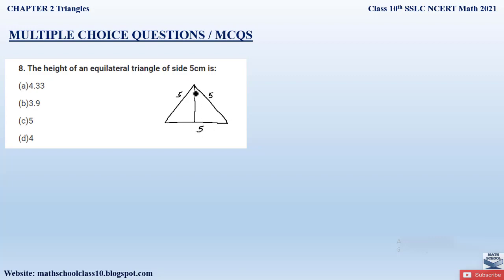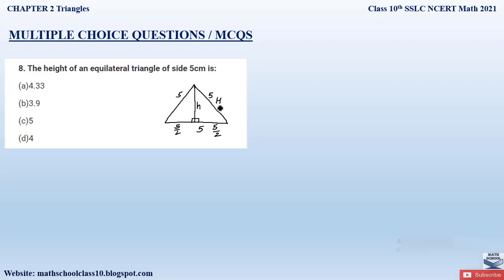So here you can observe that this perpendicular forms a right angle on both the sides of the perpendicular, and since we have to find out this height h, so here we can apply the Pythagoras theorem to find out the height of this triangle. So this perpendicular divides the triangle in two equal halves. So since the base is 5, now it becomes 5 by 2 and 5 by 2. So let us find out the height by applying the Pythagoras theorem now. So the side opposite the right angle will be the hypotenuse.